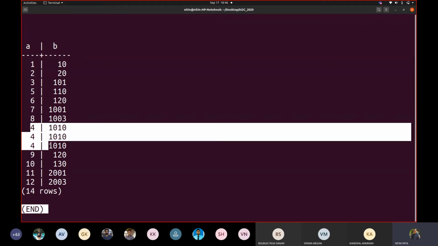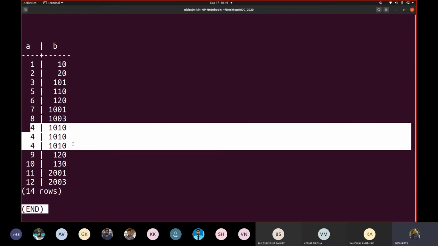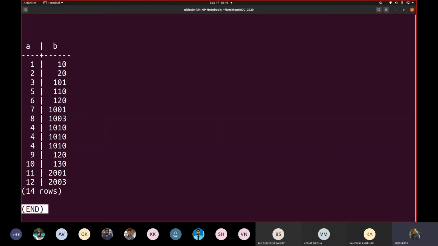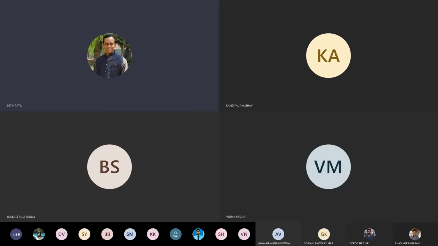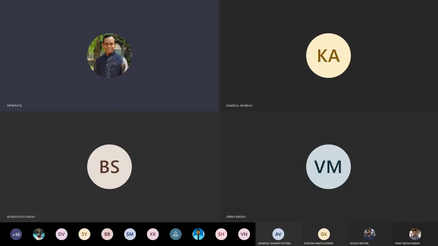Now this 4 was inserted by you manually, so it would not be considered at all over here. If you want this to be unique, so that it should not be inserted more, like I can see here that it was inserted more number of times, then what should I do? I should write a primary key constraint or a unique constraint for that column A, so that it should not pick this 4 value again.